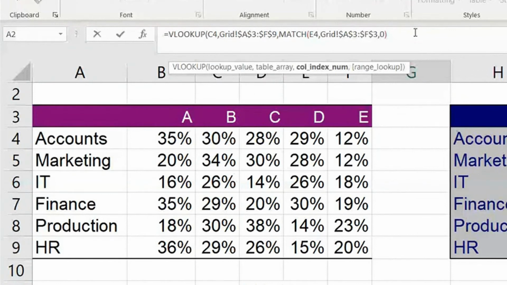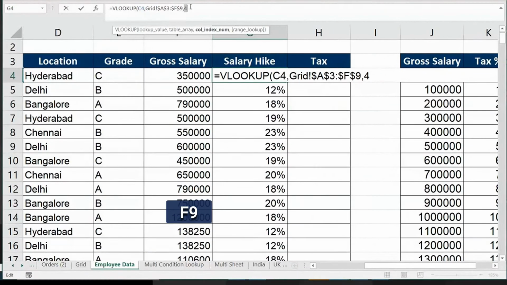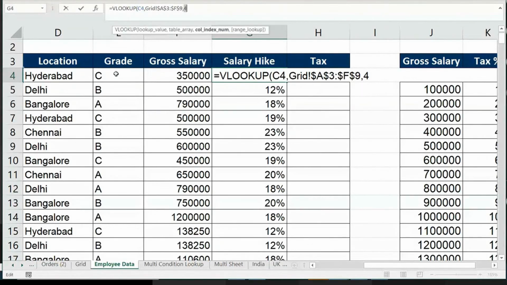I'll just give you one useful tip here. Whenever you're writing an internal function, you can check whether these functions are working properly or not. There's a shortcut for it. If you select the formula and press F9, it tells you what is the current output of this thing. So C grade is in the 4th column, right? So it's giving the output of it. We can make sure that the formula is right. If you find it is fine, you can proceed. Or if it gives an error, you can recorrect the formula. Right now, I find it fine. C grade is in the 4th column. So my formula is perfectly giving the output.